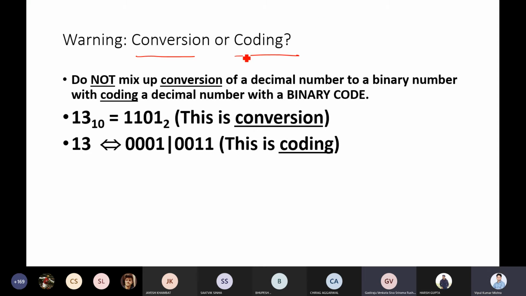So when we say conversion in coding, it means we are converting number systems, right? When we talk about number systems, like decimal to binary, or any other number system, that is known as conversion. We are converting from one number system to another. But with coding, when you give each number a specific code, a specific representation, and then the entire number is represented by that specific representation, that is known as coding.